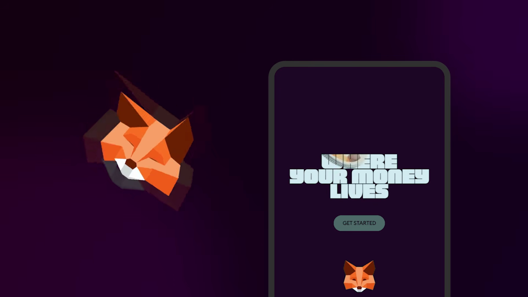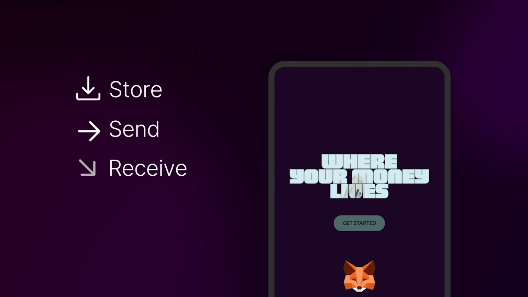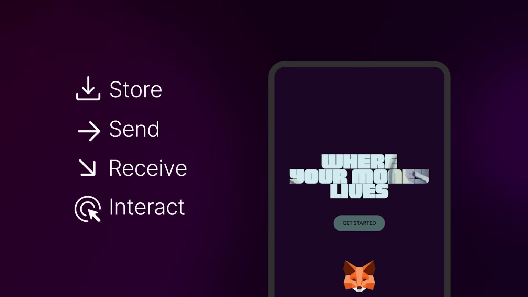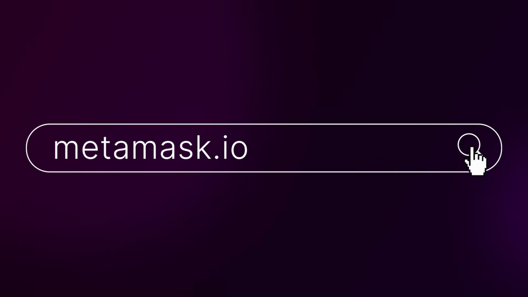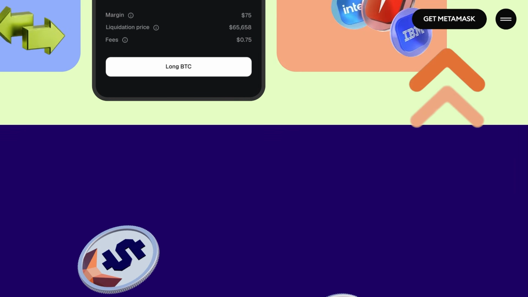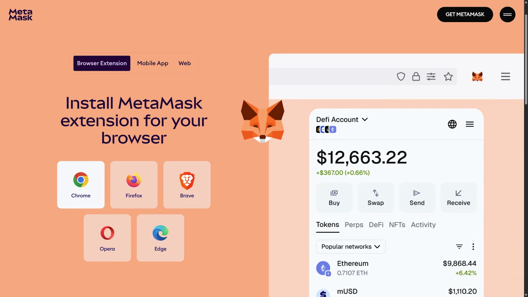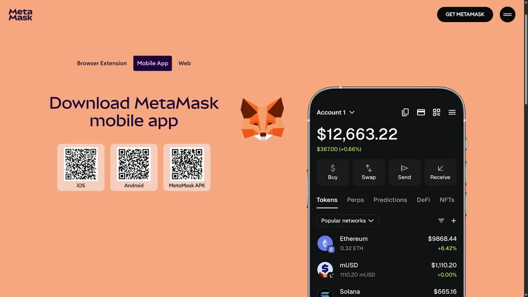MetaMask is a crypto wallet that lets you store, send, receive, and interact with cryptocurrencies and decentralized applications. To install MetaMask, start by visiting the official MetaMask website and head to the download section. In this video, we'll be using the MetaMask browser extension, but it's also available as a mobile app for both